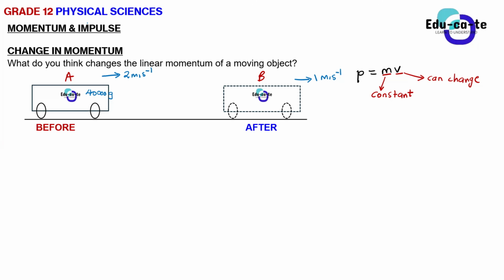Okay. Since we've got 1 minute before our break, this 40,000 grams truck was moving at 2 meters per second to the east. And now, let's say maybe there's a friction, or maybe there are police chasing me because I don't have a license. Now I have to slow down. Now the velocity decreases to 1 meter per second, right? With that in mind, what do you think the change in momentum is, or how can we approach the change in momentum? So we are going to a 10 minutes break. Ponder on that. If you can, calculate the change in momentum for the truck.